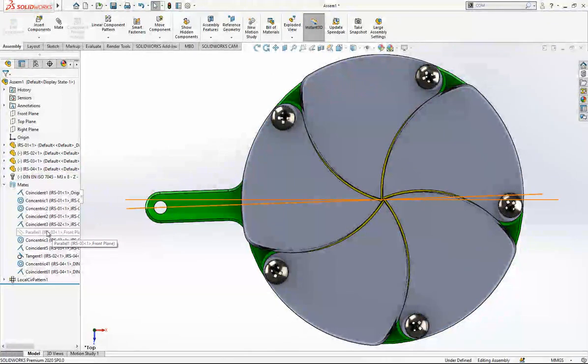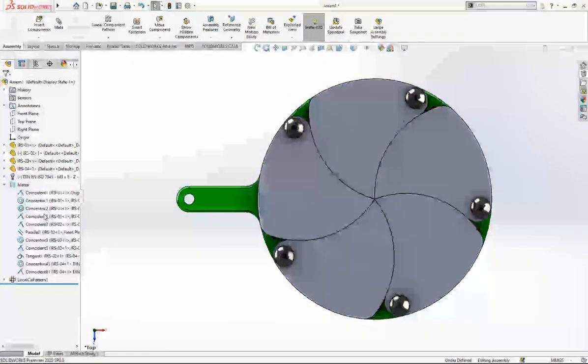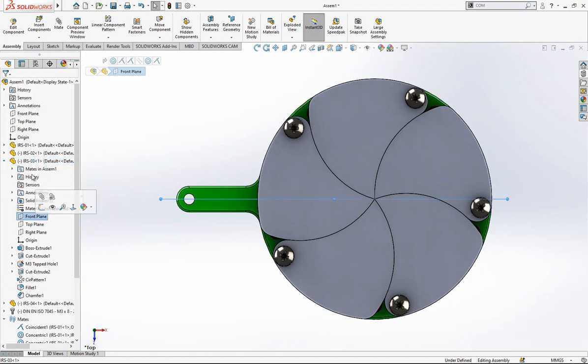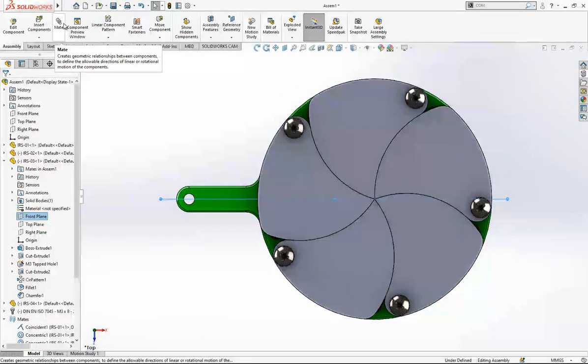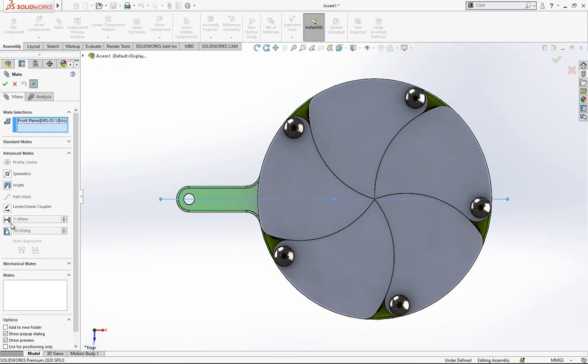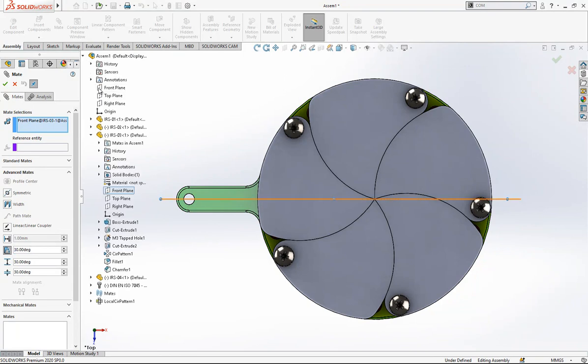The important thing is that we are going to here create an unsuppress again, and now suppress. Now I'm going to create some relation between this front plane and the front plane of our main assembly. We go mate, advanced mate, and here to plane. The other plane will be front plane,